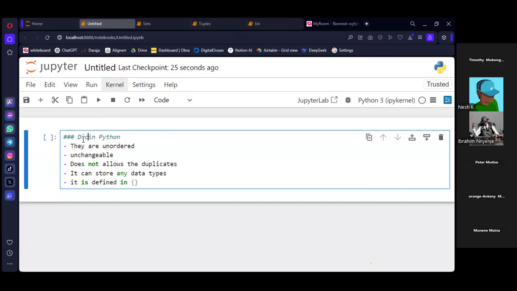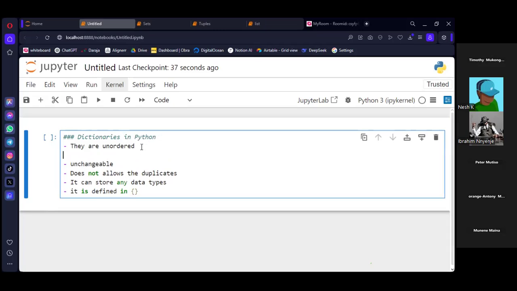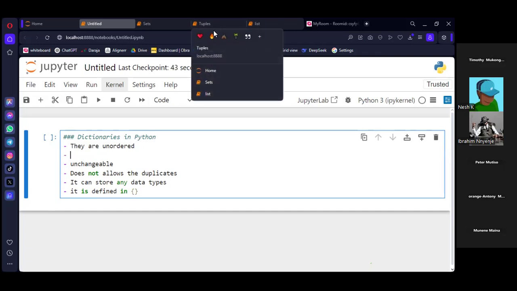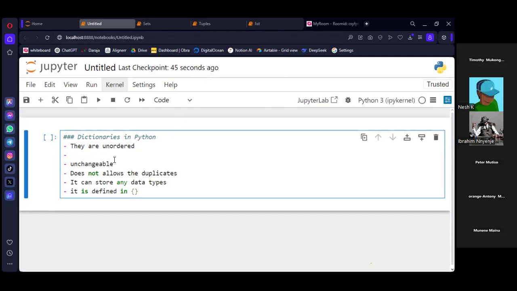So the dictionaries in Python, first of all, their unique characteristic is that unlike the rest, the tuples and the list, this one stores data in key value pair. A key value pair.